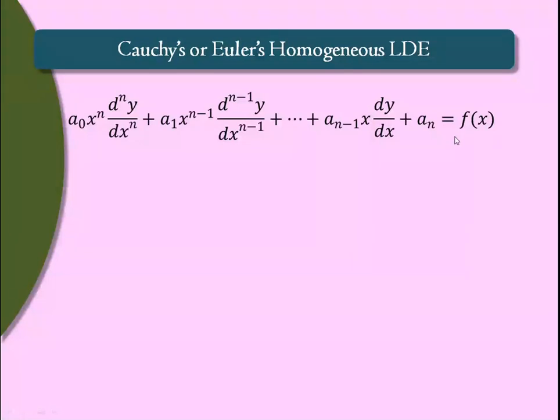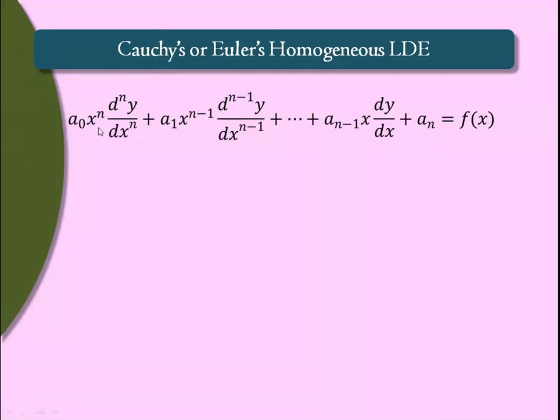Now just look at this differential equation and the previous equation. In this equation, together with derivatives, we have powers of x, and the power of x and the order of the derivative must be the same. Then that equation is called Cauchy's equation or Euler's homogeneous equation. The difference between this equation and the previous one is that there we have ax plus b: for Legendre's we have ax plus b, and for Cauchy or Euler's we have a single x.